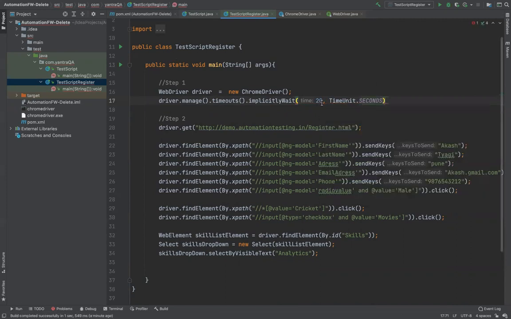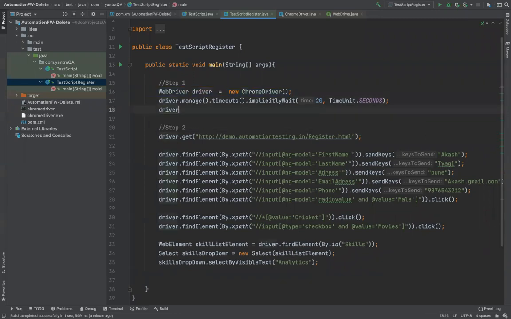I will wait at least for 20 seconds. If nothing comes in 20 seconds, then I will say it's a fail. If it happens before, let's say in 10 seconds only, then I will go forward. So it's a dynamic sort of wait. It's not like thread.sleep, it's not a hard wait, it's dynamic. This is something which you should always do when you create a WebDriver.